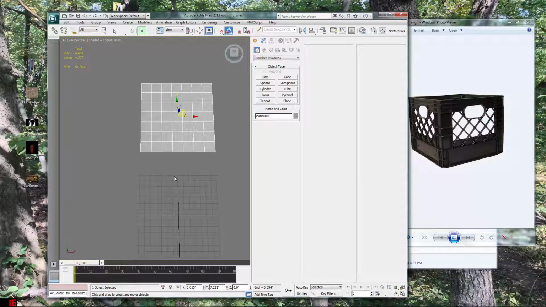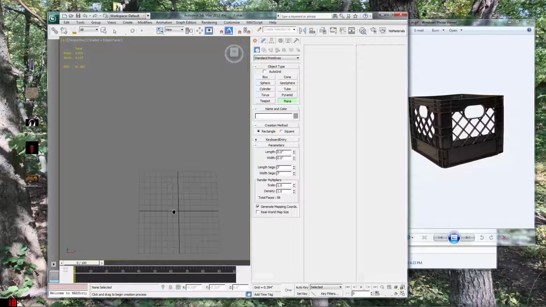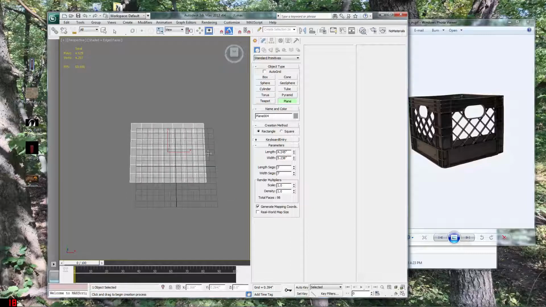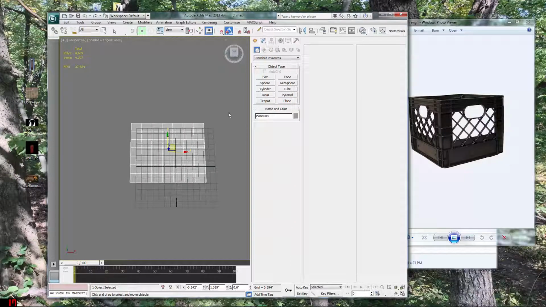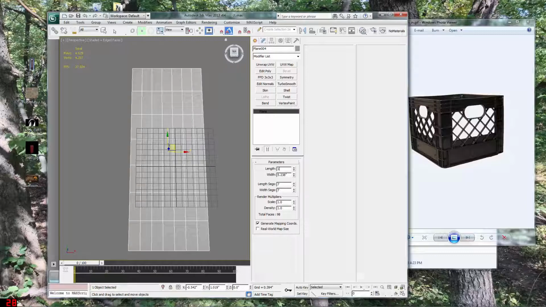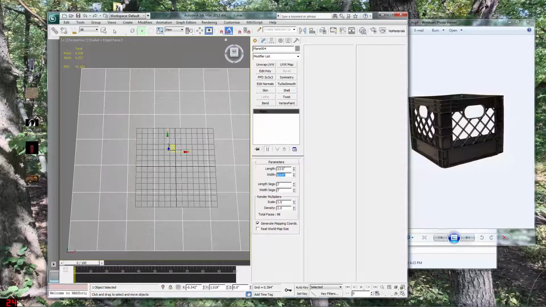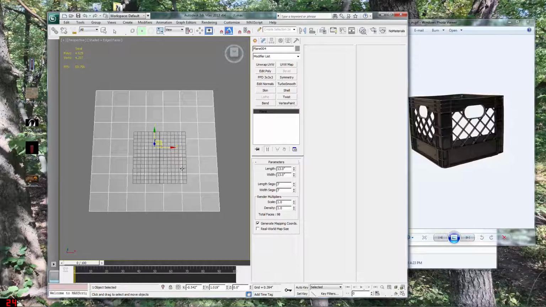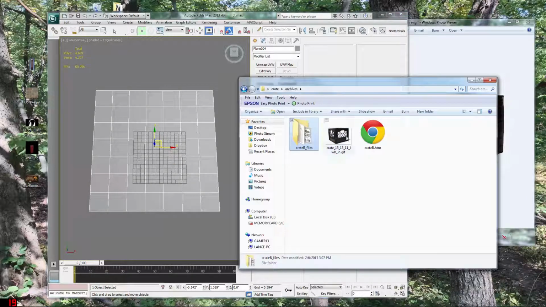Go to Max, delete that. What we're going to do is make a plane. Go to modify. We're going to do 13. We're going to start with the bottom piece, which is most likely going to look, let's see,